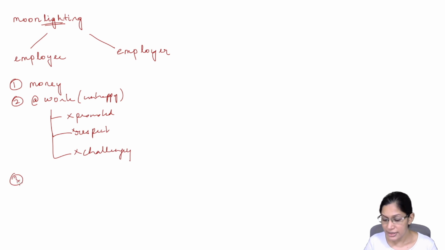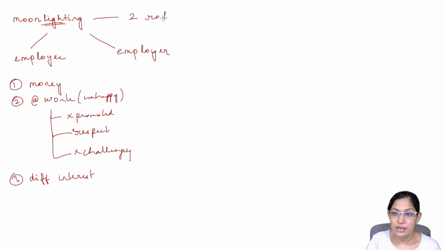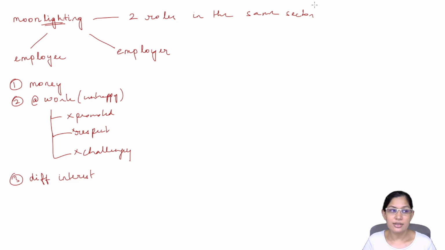The third, of course, which is not super relevant when we look at moonlighting, is if you are not super passionate about your work. So if something else is your passion, a different interest, then doing something around it. Now, why I'm saying that this is not super relevant is because usually when we talk about moonlighting, we talk about two roles in the same sector. So if someone is working in a company and then perhaps writing a blog in their spare time, or they have some hobby, maybe a social media page or a YouTube channel or something like that, usually it's fine unless they are really speaking about their company. So different interests might not be super relevant.